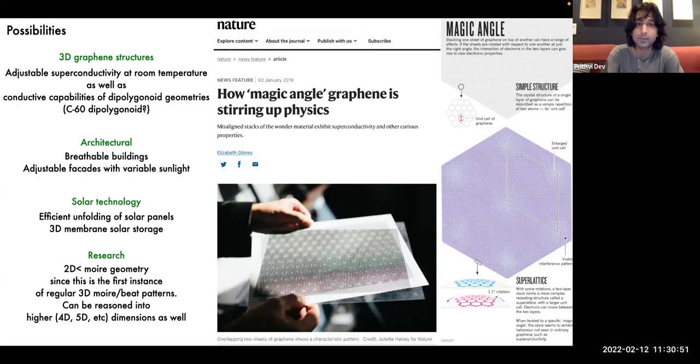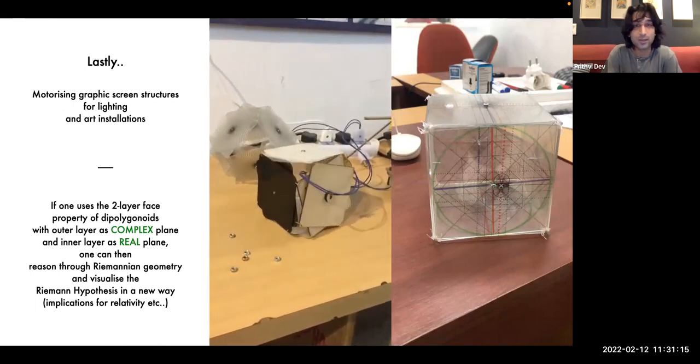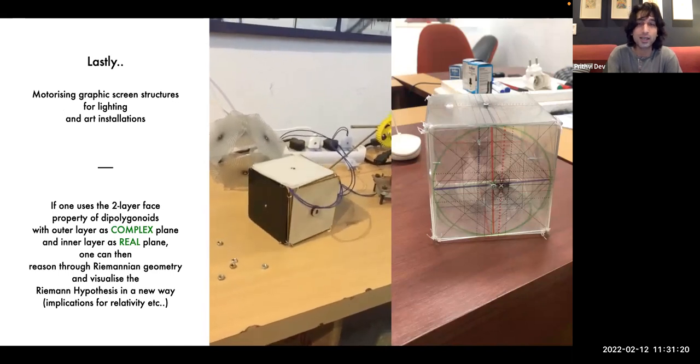dimensional Moire patterns as well, because now that we know that, I mean, you see that tetrahedron Moire cell, for example, would be a regular three-dimensional animation because the structure and the two-dimensional Moire both have the same period and cycle. One can, I guess, reason upwards through higher dimensions. And of course, I have to also motorize some of these things and create some nice lighting and art installations. And then I was just thinking, again, way out of my depth, but because these are di-polygonoids and each face has two layers,